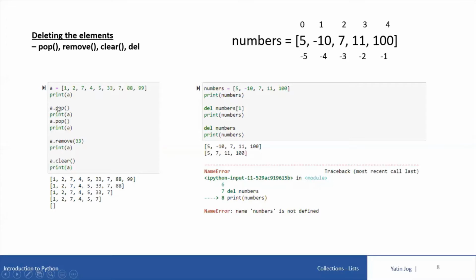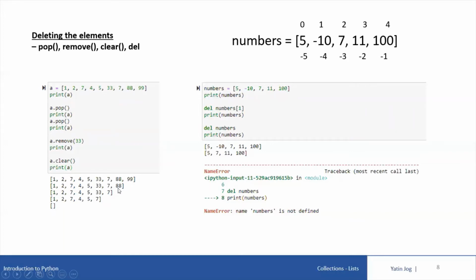Now by default, the pop method will delete the last value from the list variable. Generally, pop is considered a method for the stack concept. And in case of a stack, when I say pop, the topmost element is removed. So in case of a list, the topmost means the last element will be removed. So in this case, a.pop will remove 99 from list variable A. So if I say print A, you can look at the output, 99 has been removed, the last element.